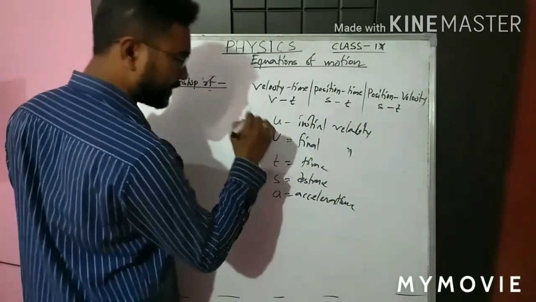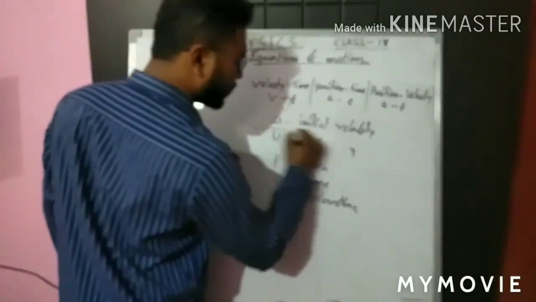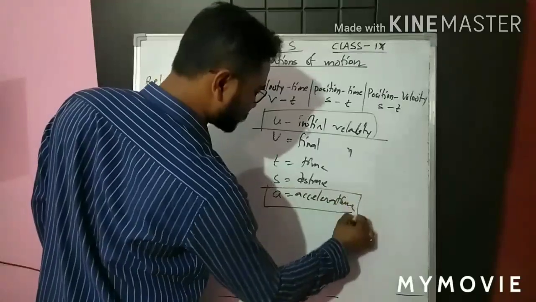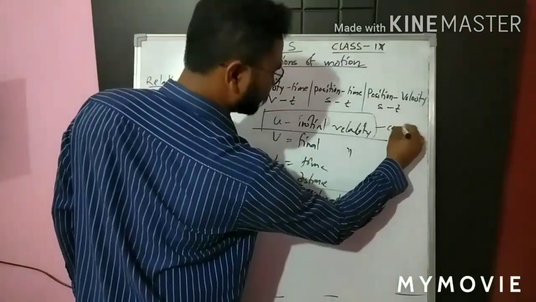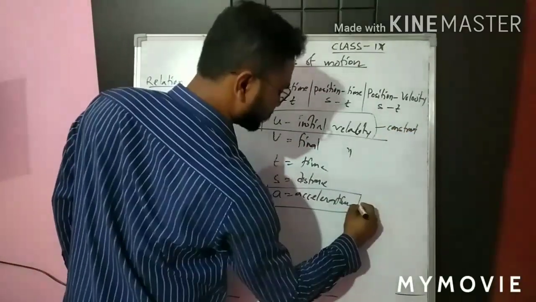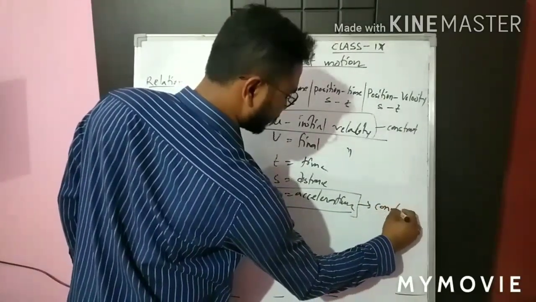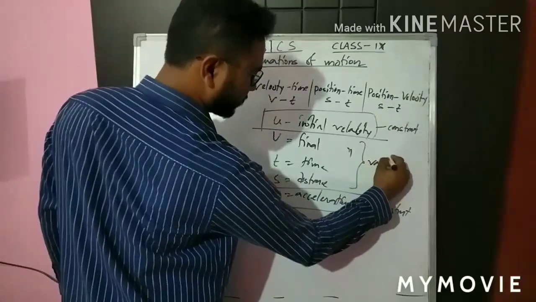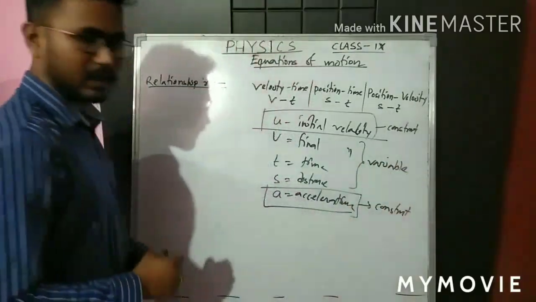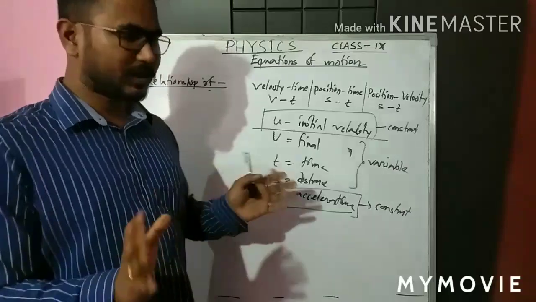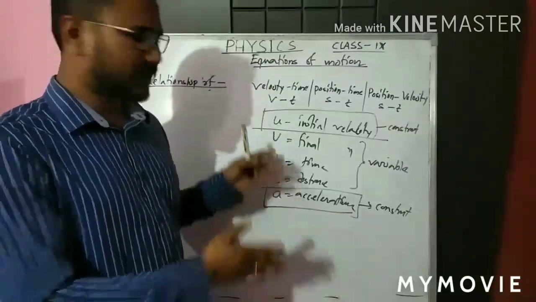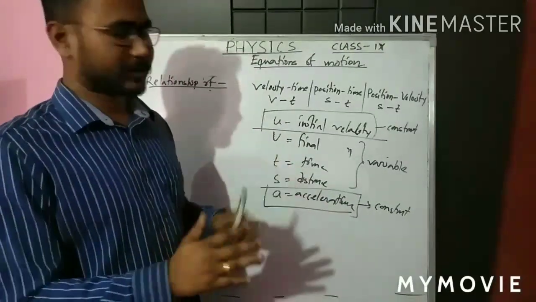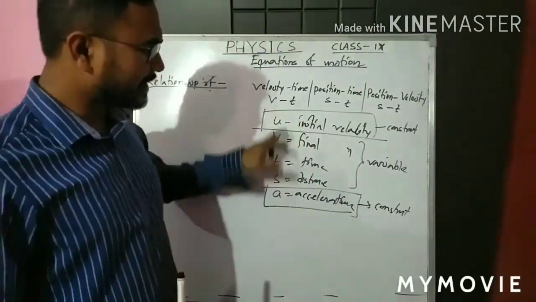Because you have to remember that in that explanation, U and A, these two terms are constant, always remember constant, and these three will be variable, right? This is very much important. I think in books you will not get the explanation in this way, so please watch my video very carefully, right? Why are these two constant?